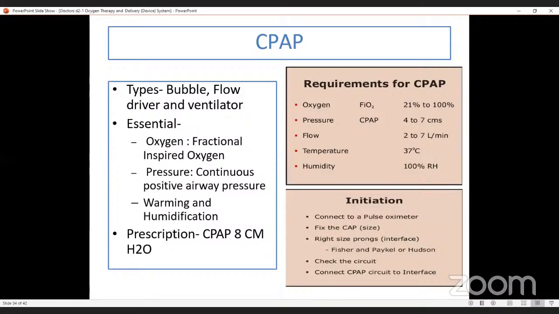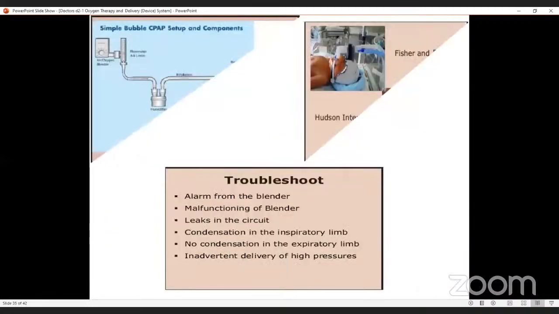इनिशिएशन कैसे करते हैं? जैसे कि डॉक्टर साहब ने बताया, और आपने उसमें भी देखा था वीडियो में: कनेक्ट टू अ पल्स ऑक्सीमीटर पेशेंट को, फिक्स द कैप साइज, राइट साइज प्रॉन्ग्स, फिशर एंड पेकेल और हडसन दोनों में से कोई भी यूज कर सकते हैं। चेक द सर्किट, कनेक्ट सीपैप सर्किट टू इंटरफेस।